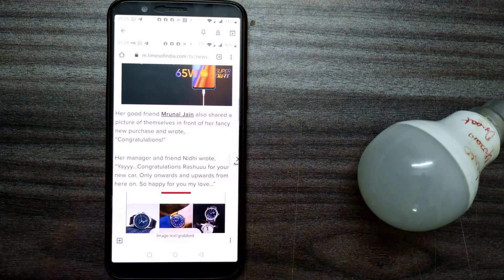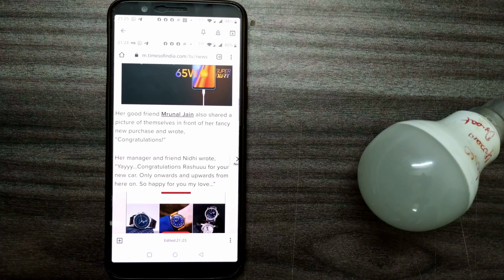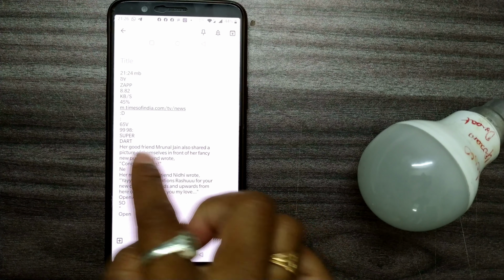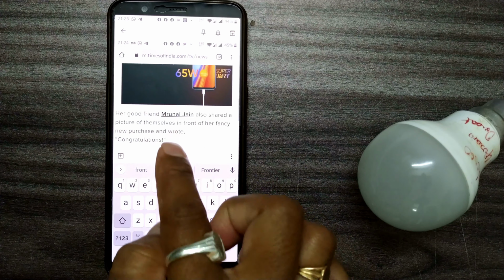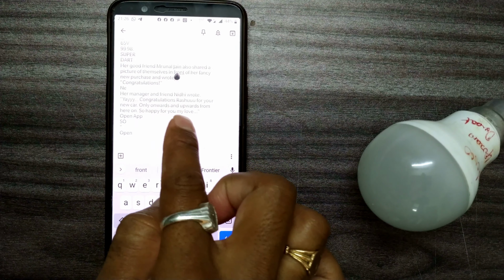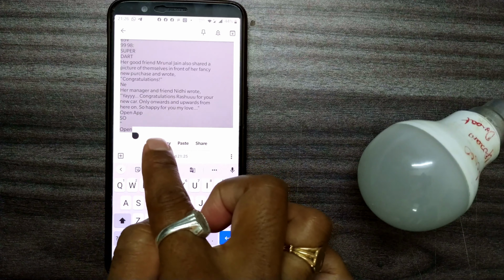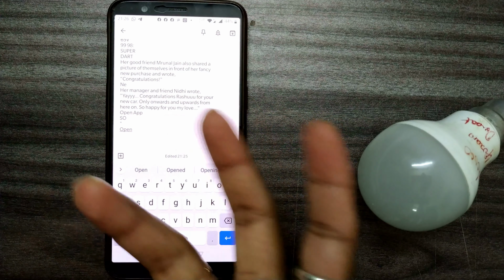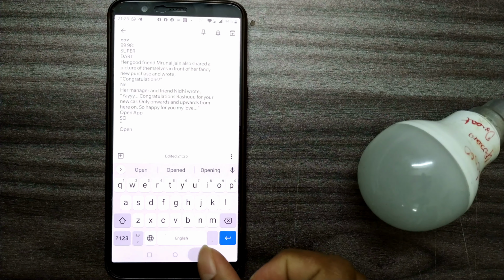Once you press this, it will start processing all the letters that have been written on the screen, and I hope it has already grabbed. So you can see letters have been grabbed or collected from this image. You can copy, select all, you can send it through your mail, make a Word file, etc., whatever you want. So this is a very useful tool that you get in Google Keep. Please make use of that.